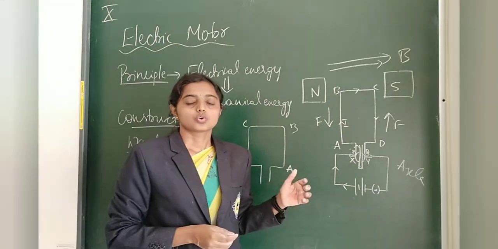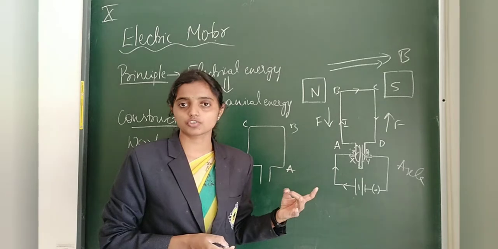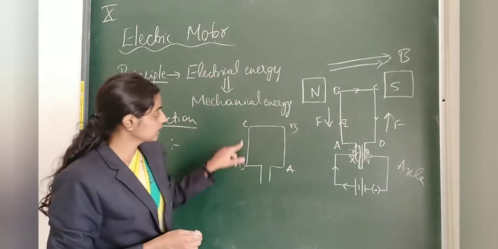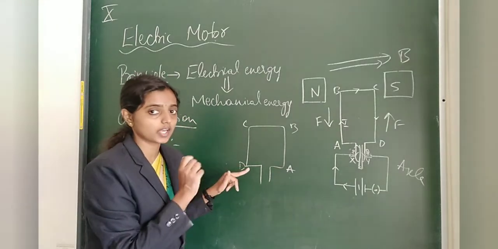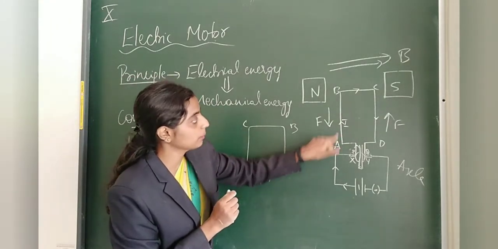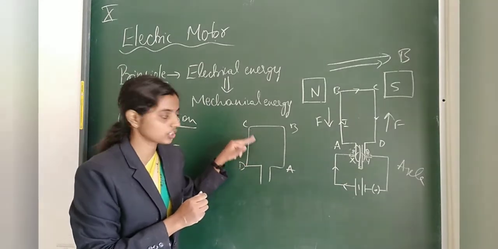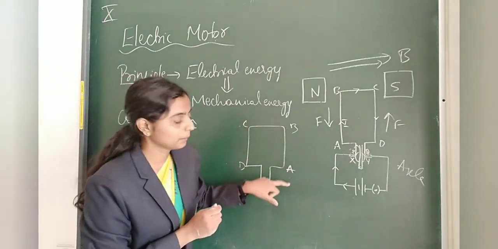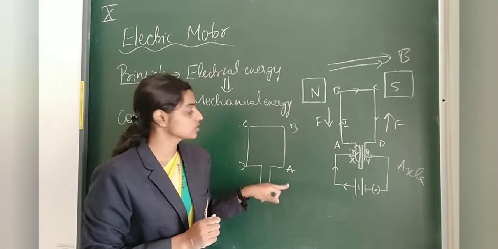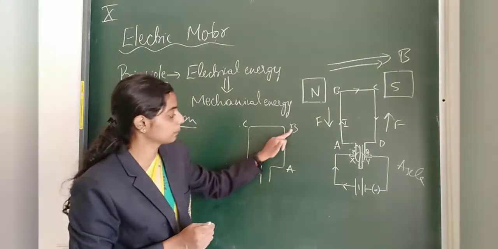So one more point. As it started to rotate, the direction of current will change, the direction of force will change. But how? It will be DCB, right, after half a rotation. Now here the current was flowing from A to B. Now here what happens? The current will be in the same direction, but the naming will be different, right? The current will flow from D to C and here B to A. And what about the force? It will be upwards in D to C and here downwards, and B to A, what happens?